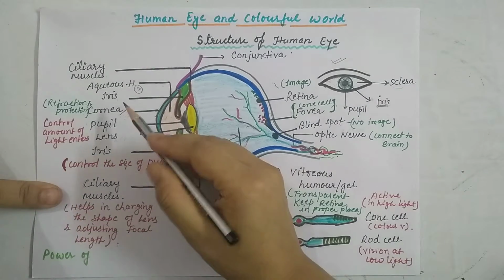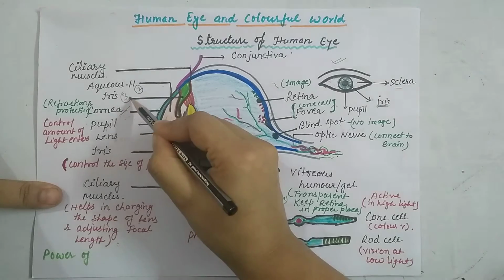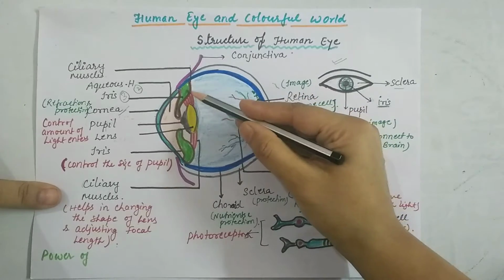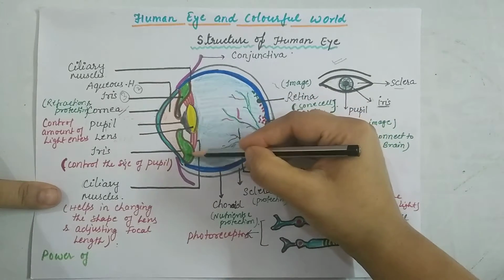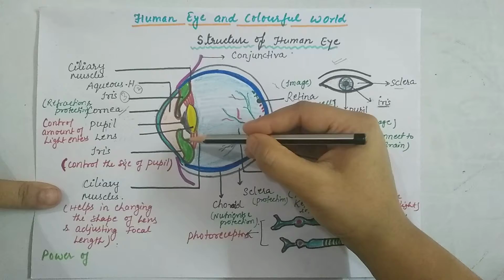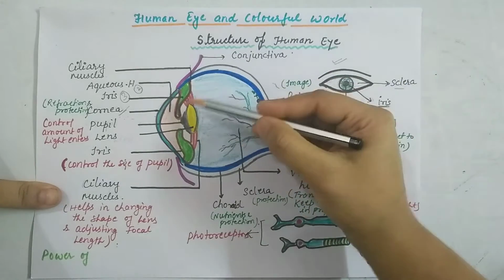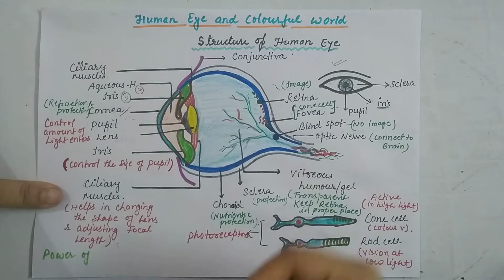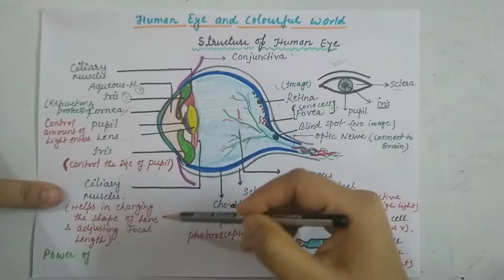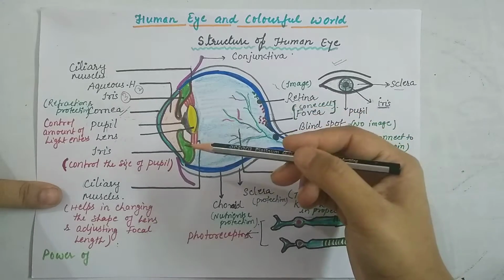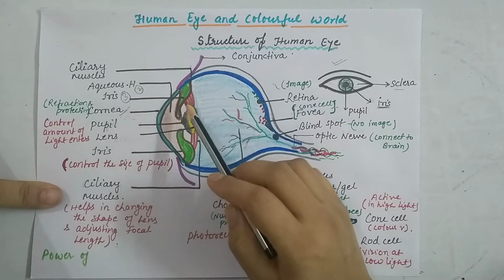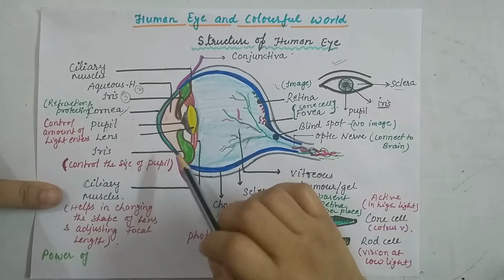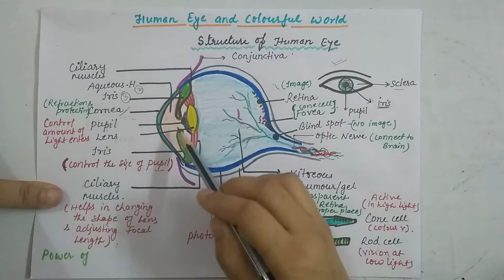Now the next part is the iris that we already talked about. The iris is this green part you can see. We have two irises here, this and this. Whatever the color of the iris, if it is green, then the color of the eye will be green. If the iris is brown, then the color of the eye will be brown. So whatever the color of the iris, that is the color of the eye. And the most important function of the iris is to control the size of the pupil.